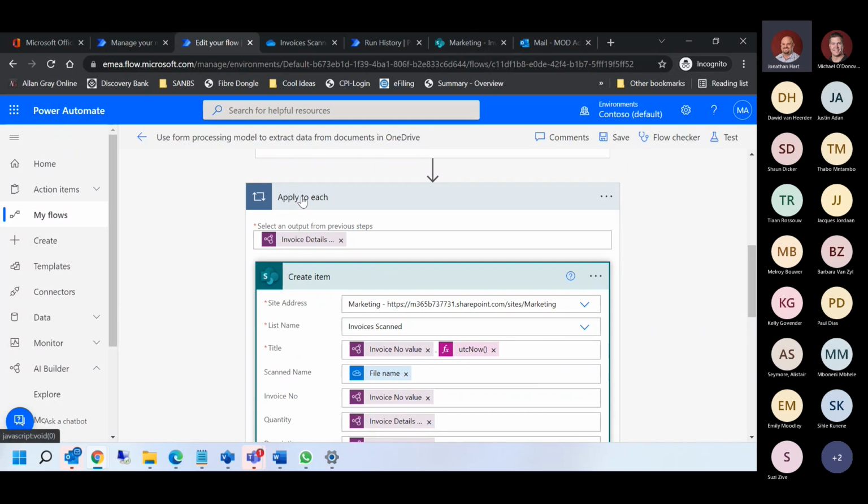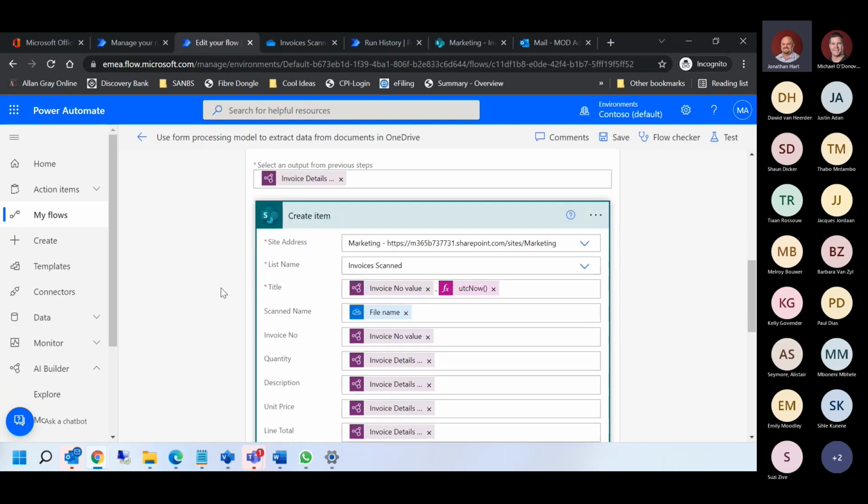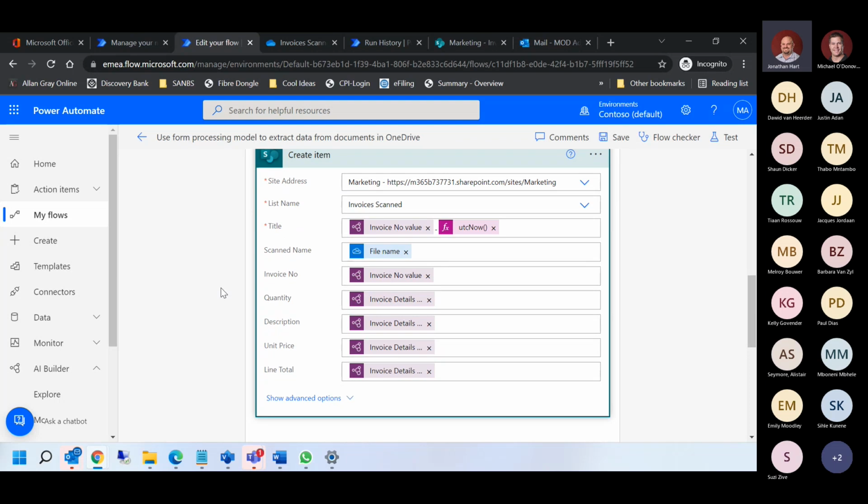So it was clever enough to pick up that this is a table and it's going to have more than one value. So I need an apply to each for this step that I've just created. And for me, that was really, really cool. So I didn't even have to think about that. So what it will do is for each item within the table that we're extracting from the invoice, it's going to add an entry into SharePoint with